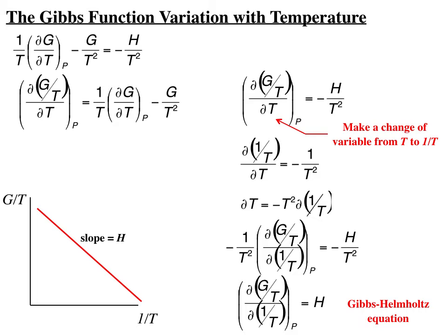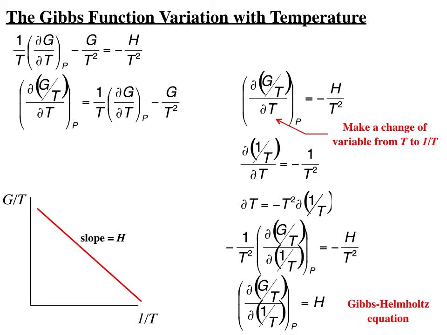Now what I'm going to do is make a change of variable from dT to d(1/T). And I do that by saying d(1/T)/dT is equal to negative 1 over T squared, so that the partial of T is equal to minus T squared times the partial of 1 over T. I just algebraically manipulate the expression above. So I'm going to substitute for the partial of T, minus T squared times the partial of 1 over T. And when I do that to both sides of the equation, I find